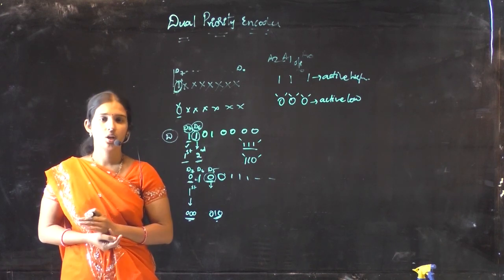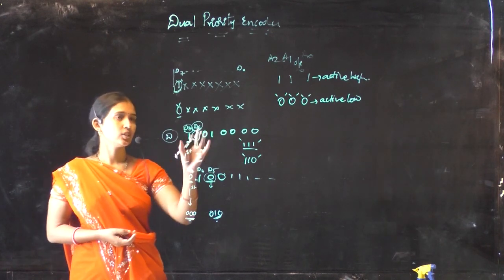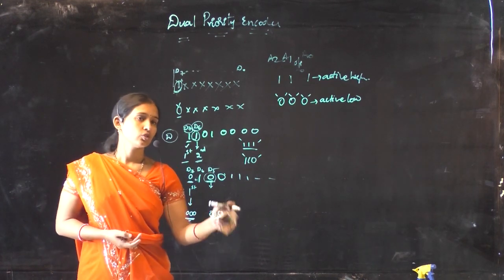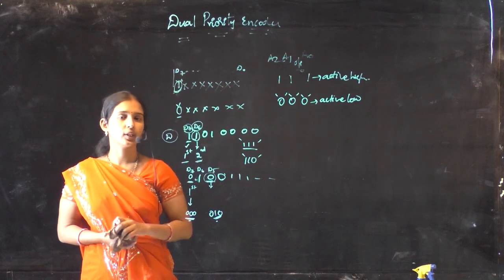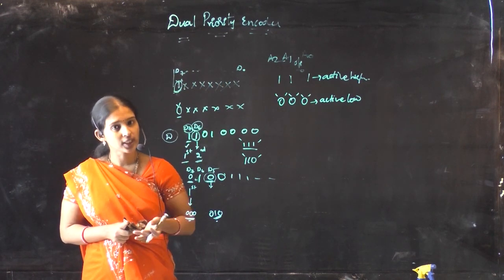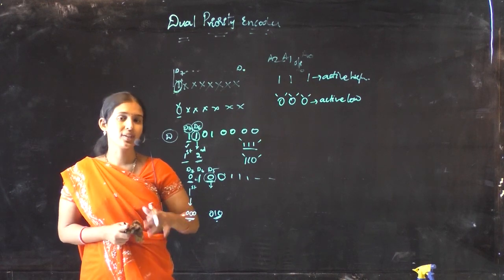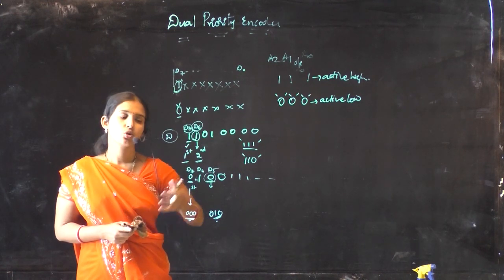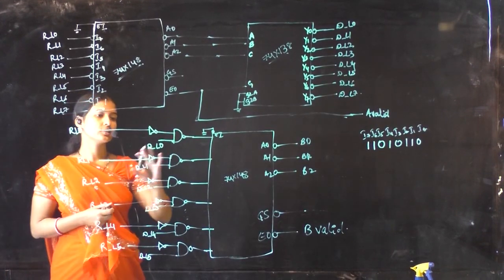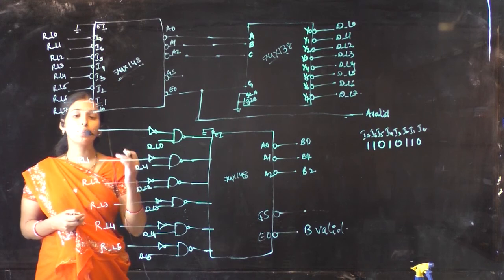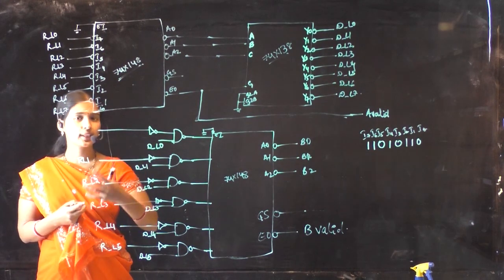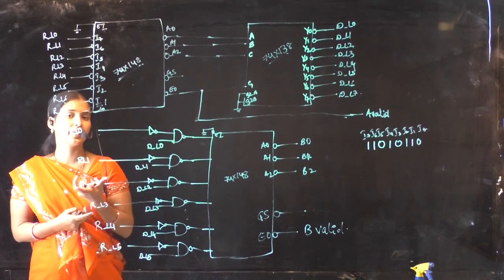So these are your first highest priority and second highest priority for active low signals as well as active high signals. Now we will see this in ICs. This is your dual priority encoder. It tells what the highest priority is and also checks for the next highest priority, and you get both at your output. As I said, you can identify two priorities in your data input.